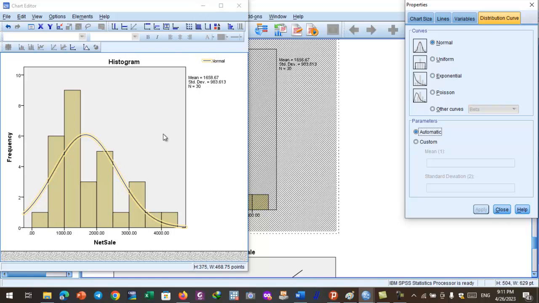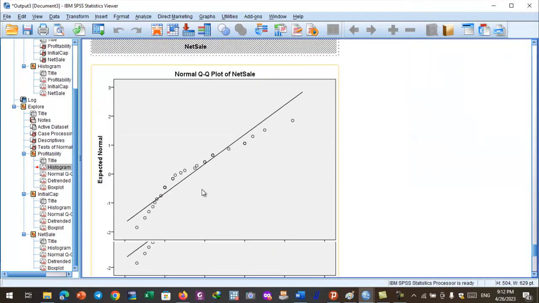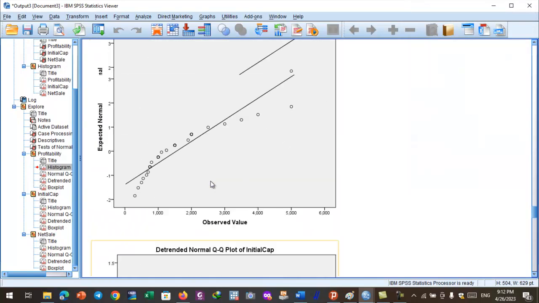It is somewhat good, and mind you, it is not always possible to get a perfect distribution. Okay, if we find slightly normally distributed data, then it will be sufficient to run the test or the